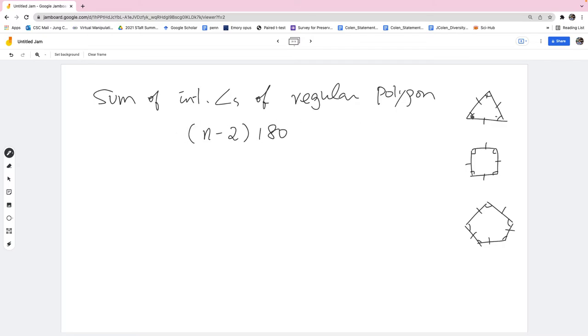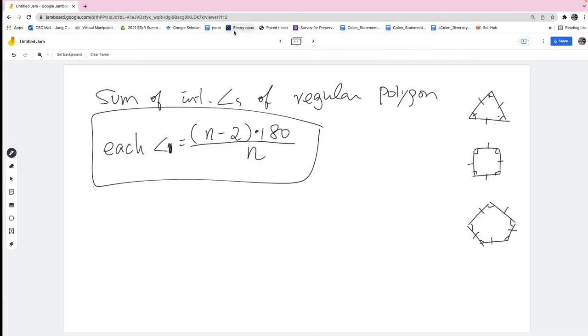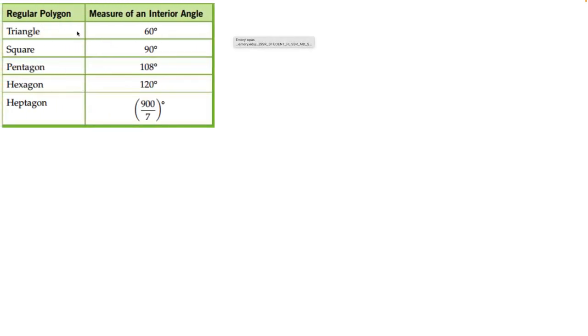Then how do we find each angle? Well, we can divide this by the number of angles, right? Then we can find each of those angles, because they are all equal angles, right? So each angle of a regular polygon will be n minus 2 times 180 over n. Knowing that, we can figure out each angle for a regular triangle, square, regular pentagon, regular hexagon, and